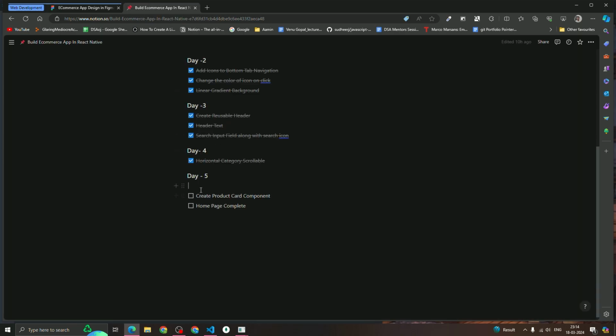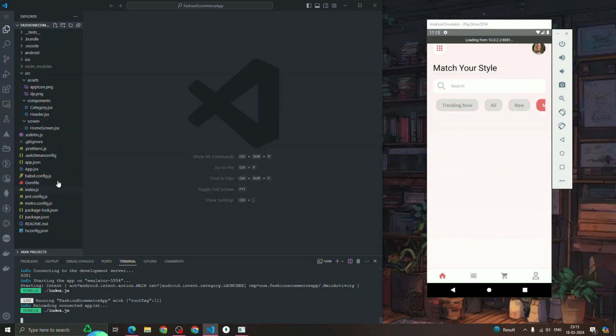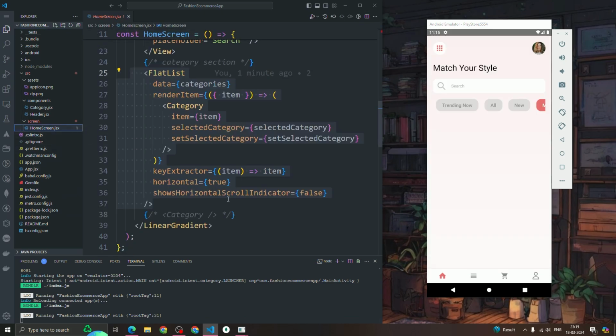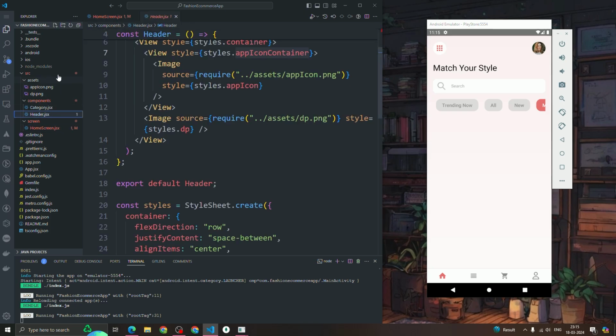Basically, what we are targeting today on day 5 is to create a product card component and wrap up the homepage completely. Okay, so let's try how we can do it. First, if I go to the home screen, we are showing these category components. Now we're going to have the next thing, called the product component, the product list. First of all, let's create one component, named product